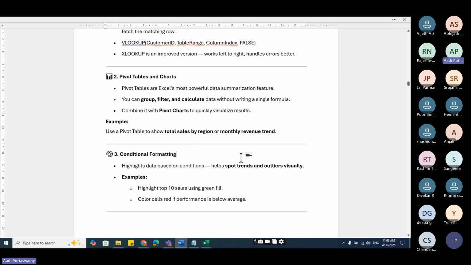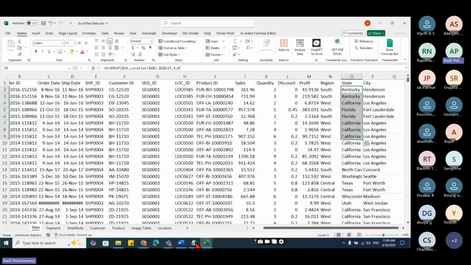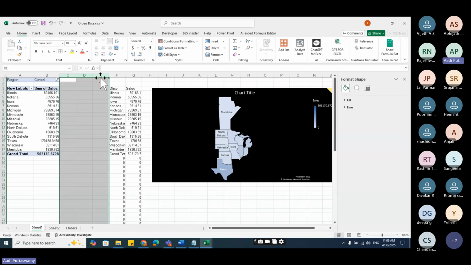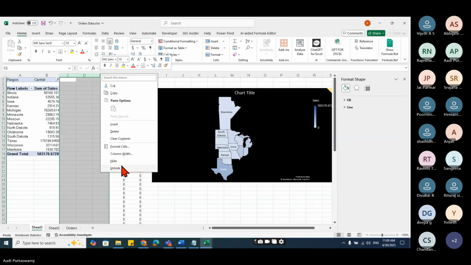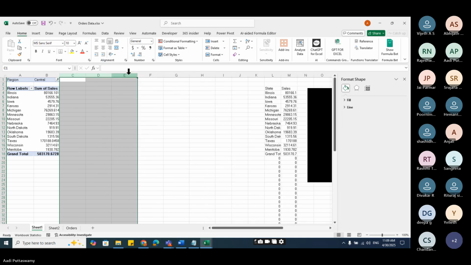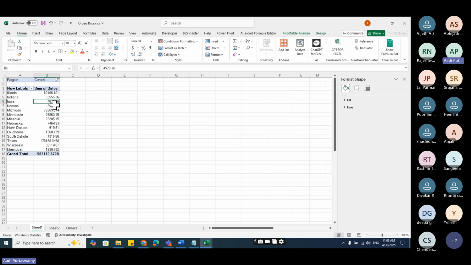Okay. Right. Next. Conditional formatting. Conditional formatting means we can format the table however I want. Let me just create one table quickly. Let's go here. Same pivot table. Let me just take that. Okay. I'll just insert some more rows here, so that I'll have some data here.